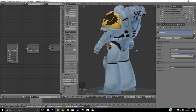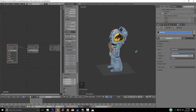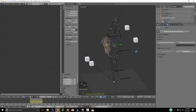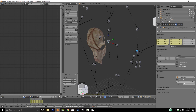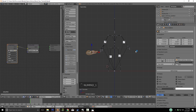So that's looking pretty cool. I think for the most part it matches that look there. That's honestly super simple. We're going to name this Skull codpiece. And now we want to actually parent it, so that when this moves, the codpiece will move with it. So we're going to look at the bone, and that's BIP01. We could do a whole armature and everything, but since it's just going to be connected to a single bone, there's really no reason to. So we're just going to choose our skeleton, then BIP01, and then we'll go through the